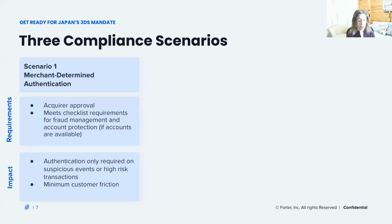Very important to understand, there are three scenarios, and you need to choose which one you want to use to be compliant. And you need to agree with your processor which scenario you are going to be in. So it's very important to understand the scenarios so you will know what to ask for. Scenario number one,